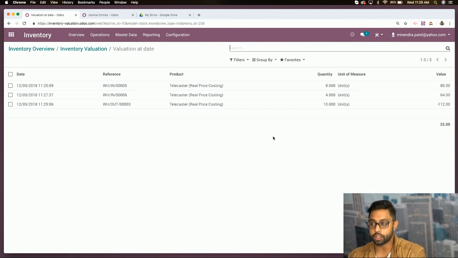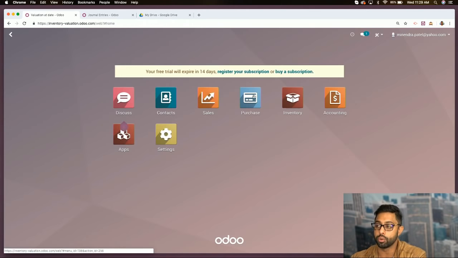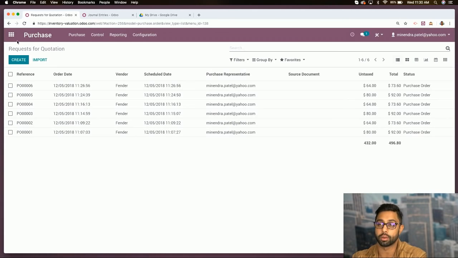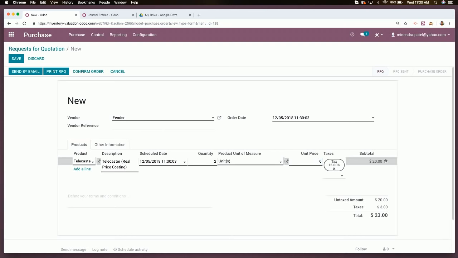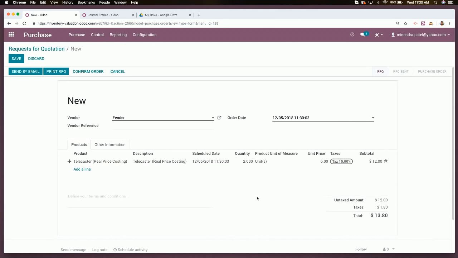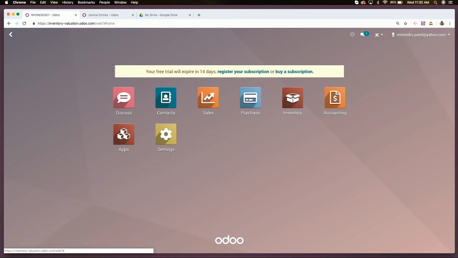Now, just to give you one more example, we're going to purchase 2 more at $6 as opposed to the other prices that we've done already. So we're going to create an order on Fender, add a line, and go to the Telecaster. We're going to do 2 units at $6, and that is a pre-tax cost of 12. So we're going to confirm this order, receive our products, and now go back into inventory,